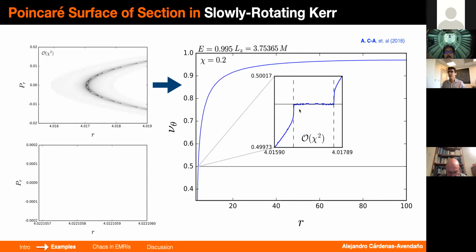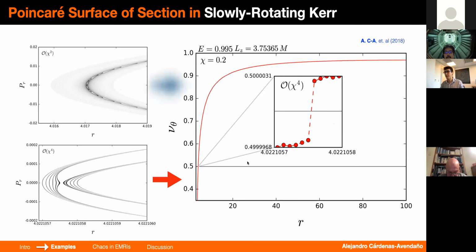Okay, that's fine. Now, if you go to higher order, fourth order, you don't break your tori, you just deform it, and then you don't expect to see a plateau, you expect to see that rapid change in this curve. Okay, so this was our first approach to this problem, to study dynamical Chern-Simons, because we know how to characterize the appearance of chaos when we don't have a full solution.